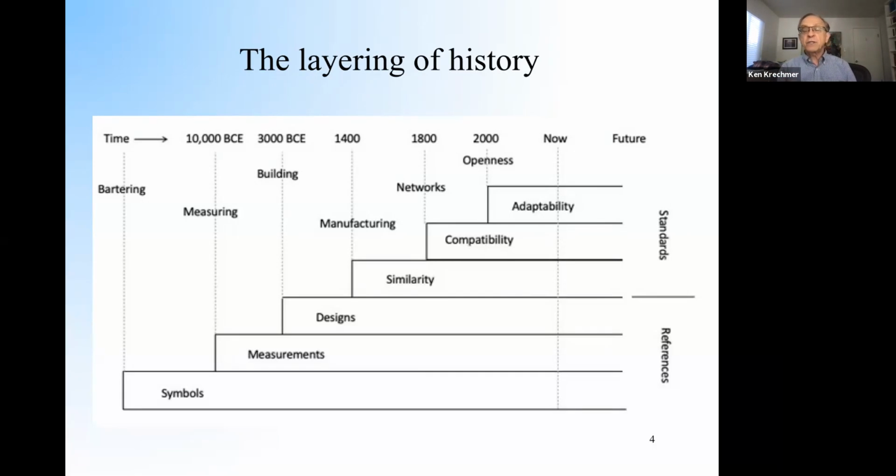But that's exactly what they did. They standardized the shapes of the rudders, the shapes of the ribs, the shapes of the timbers on the sides, the shapes of the masts. They standardized everything, and they had separate groups working on each part, and then all those parts could come together